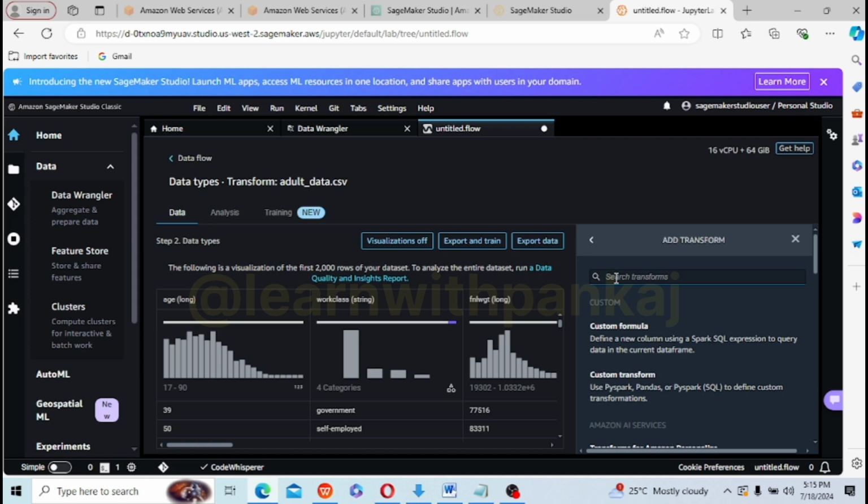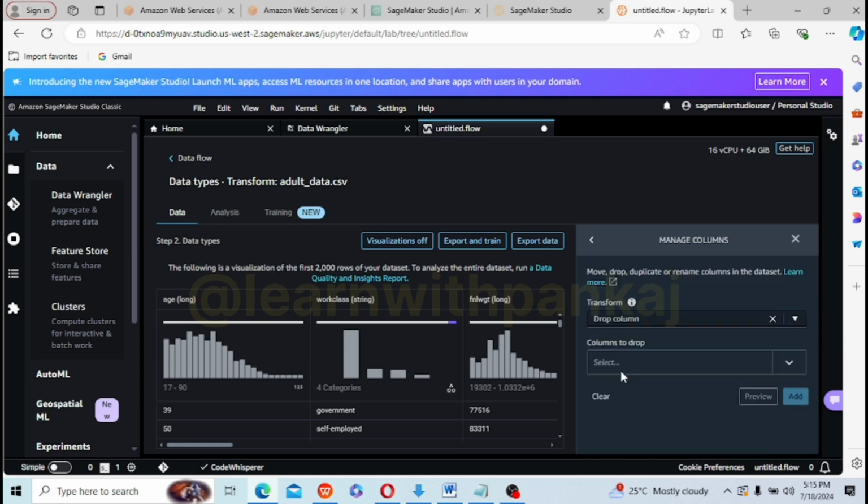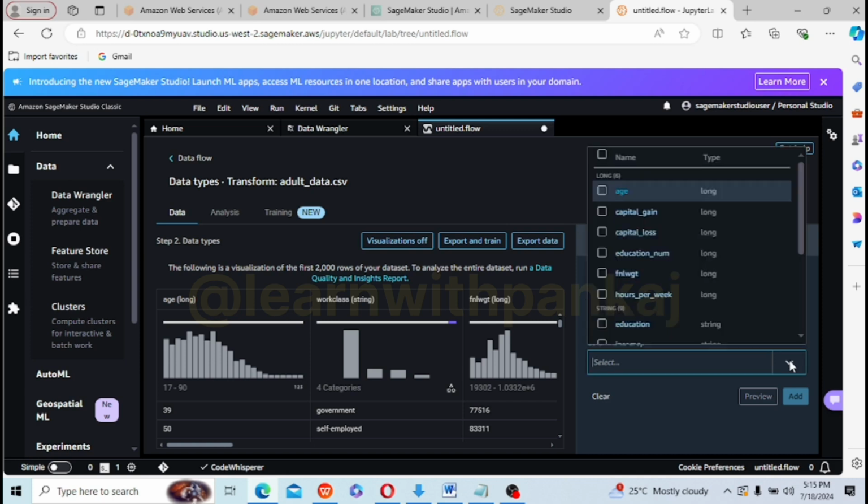What you have to do is go to add transform, right? And we are going to drop the things that are not needed on the columns. So I will go to manage columns and drop columns. Which columns do we not need, right? We saw FNLWGT when we